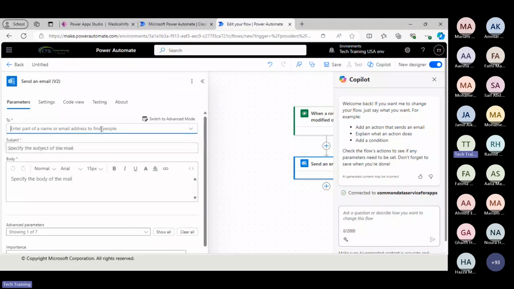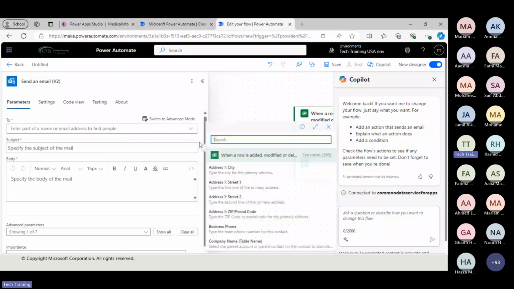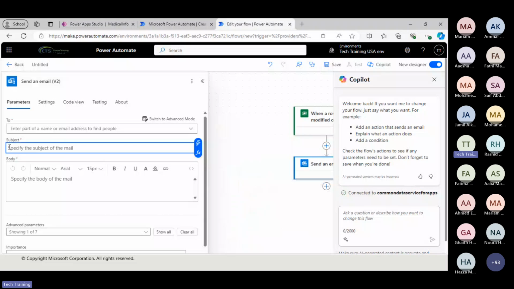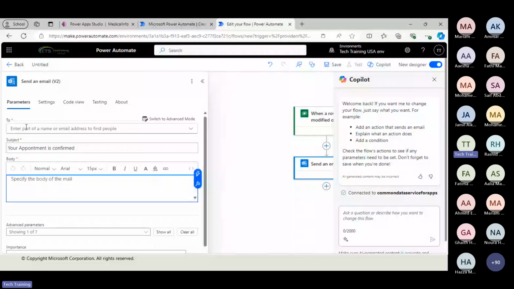Here it should show the dynamic content. Okay, where is it going to select this information from? The subject is your appointment is confirmed. Okay, here in the body you can type whatever you want, but the most important thing here is to select